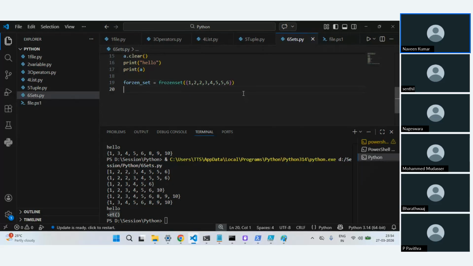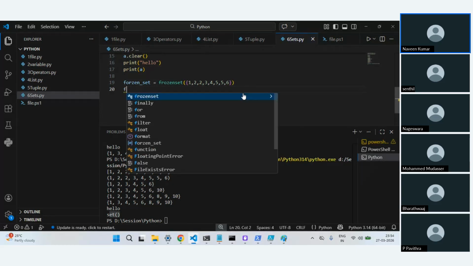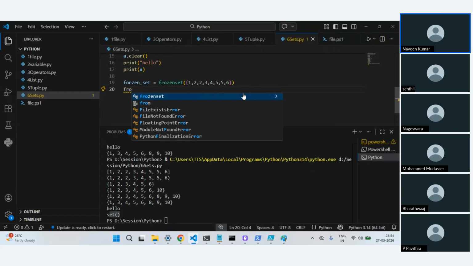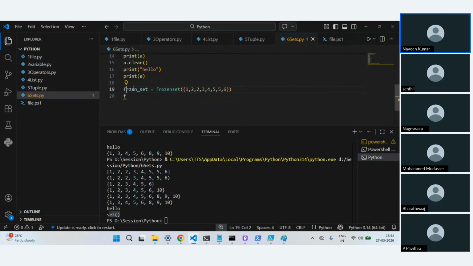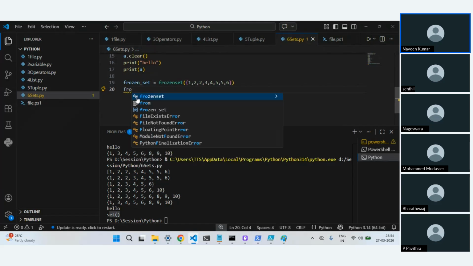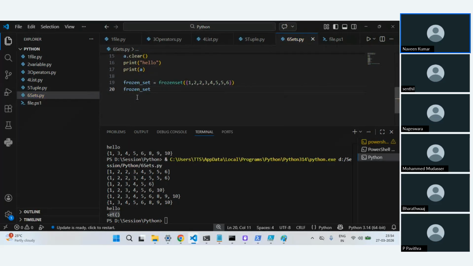And now I'll just call this. Okay, there is a typo here. I'll say frozen set.